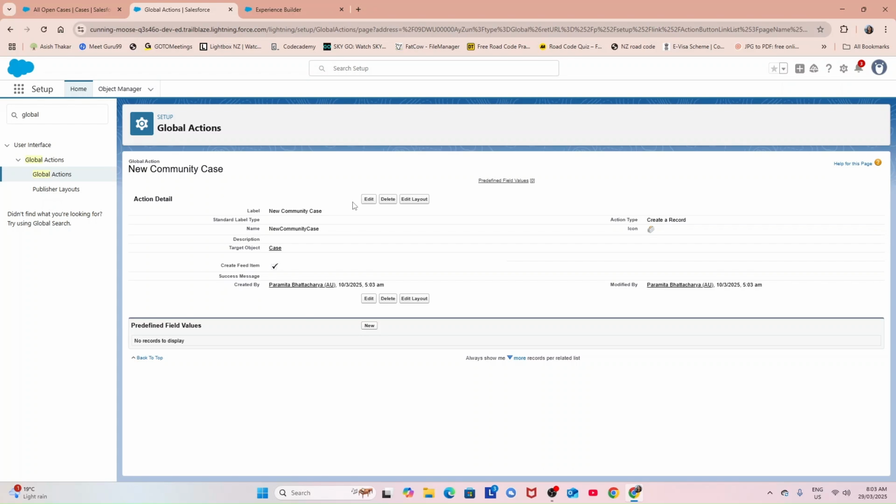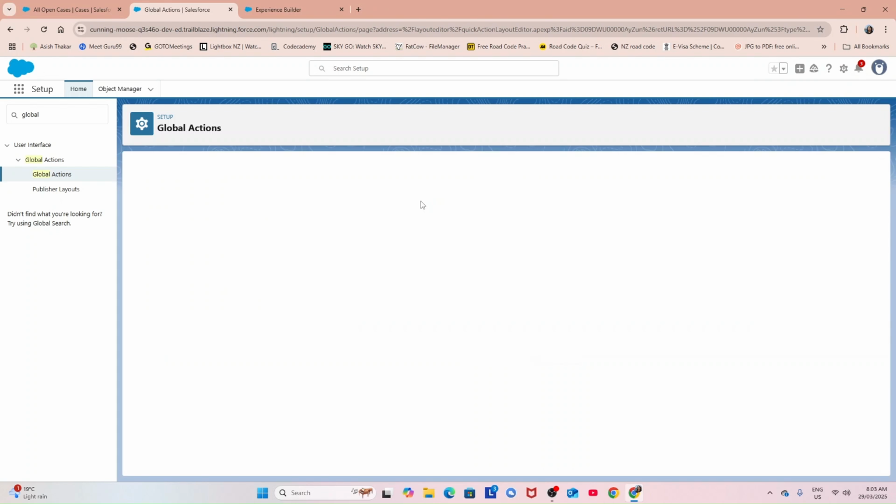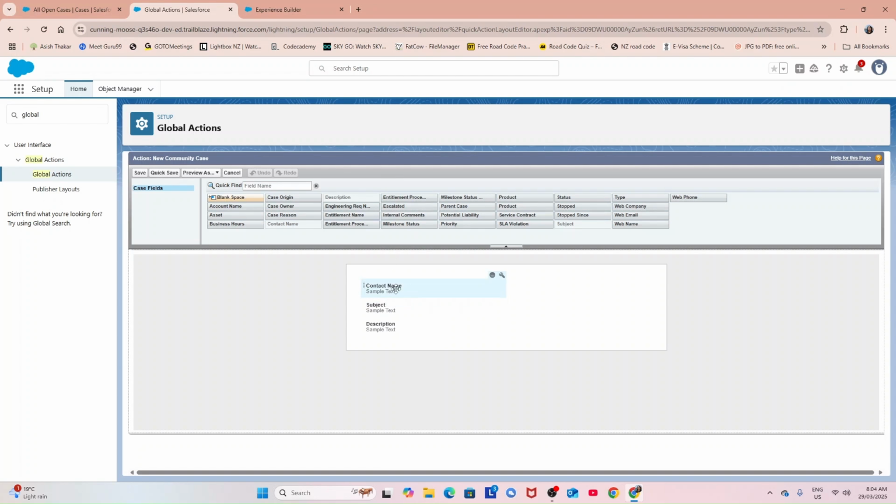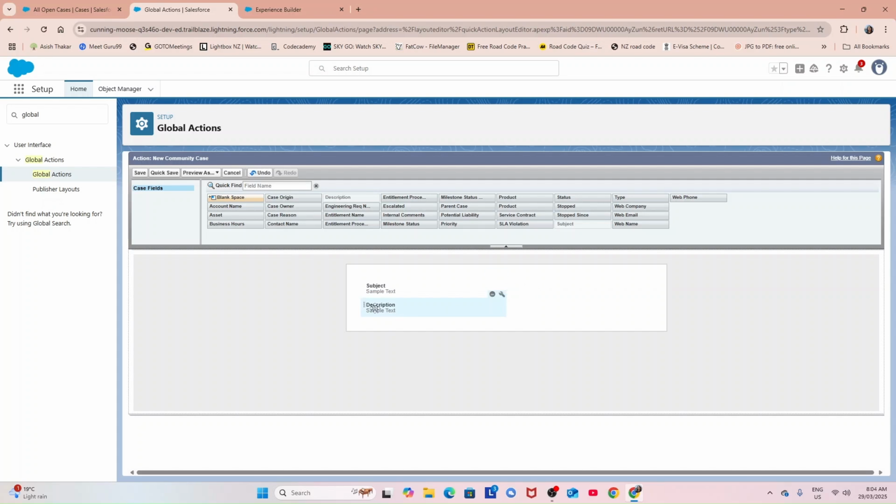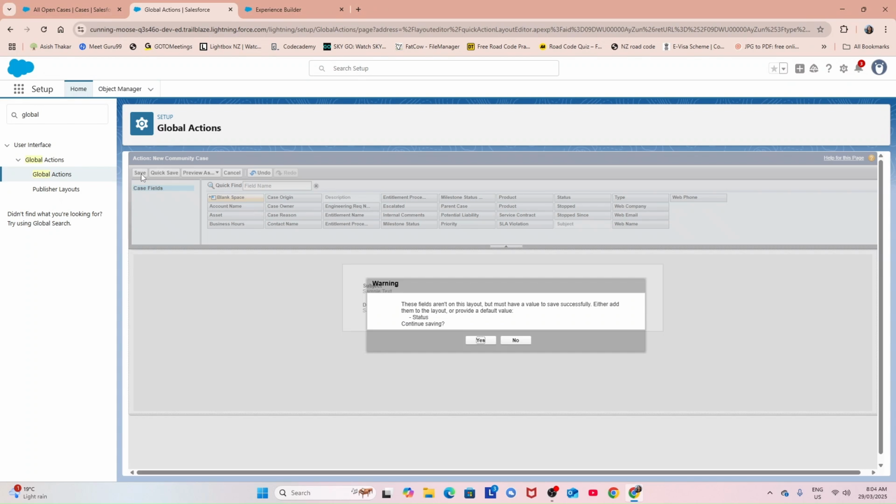Yeah, so here you can see you have edit, delete, edit layout. That is basically the layout. So I'm going to edit the layout. See here, contact name, subject, description. So you can add or remove items here, whatever you like. I am going to remove this contact name. Remove. Yeah, so now this subject and description, that's enough for me. Then I will save